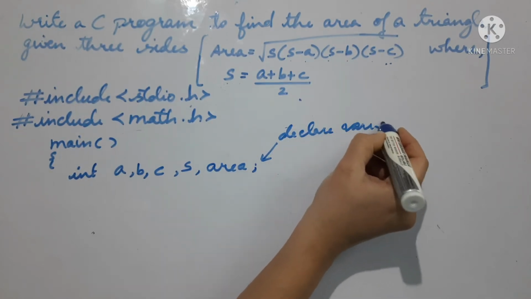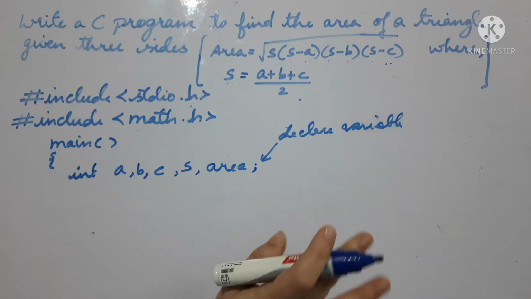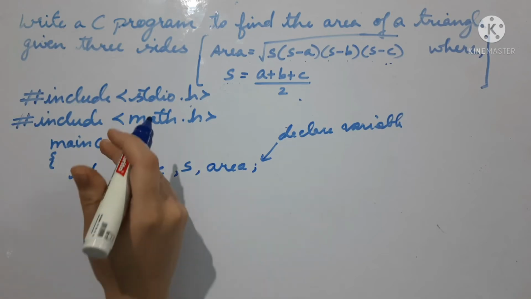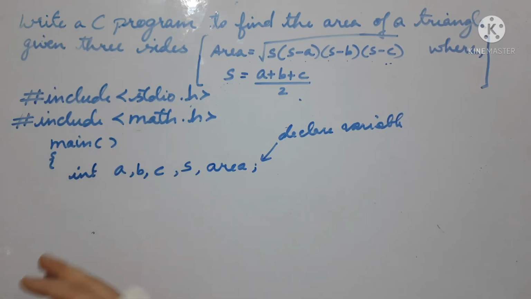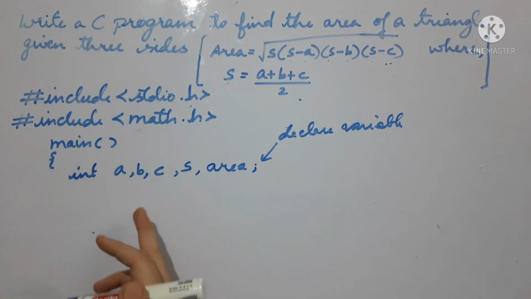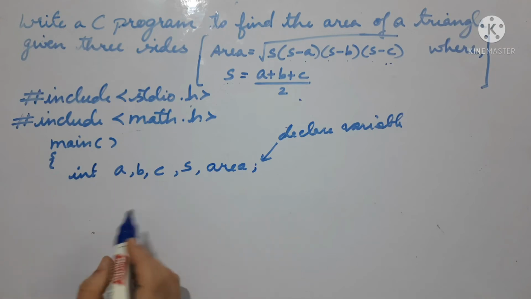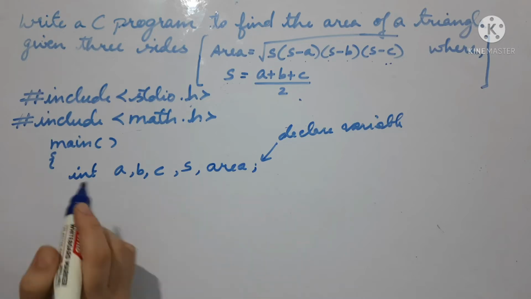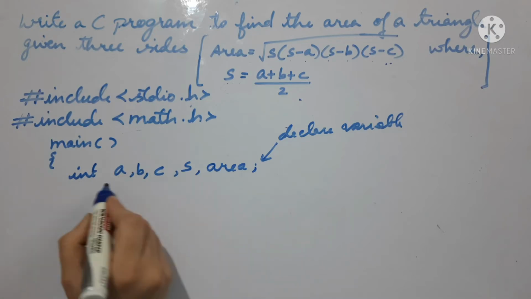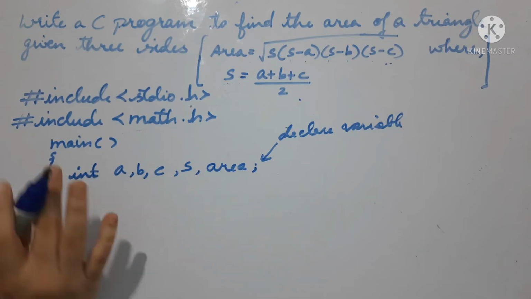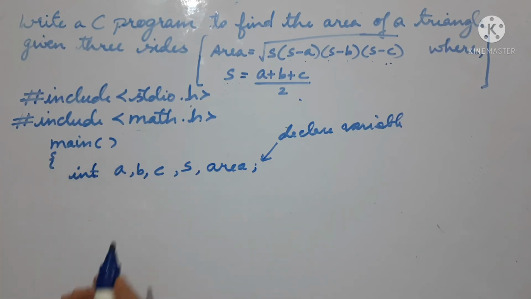This is the very first step we have to do when we are writing a program: declare what all variables you are using. Sometimes when you are writing a program and making use of some variables, you can simply add it in this line, or in that line itself you can mention the variable by declaring the data type. Now what is the data type of these variables? I am declaring it as integer to keep it simple.